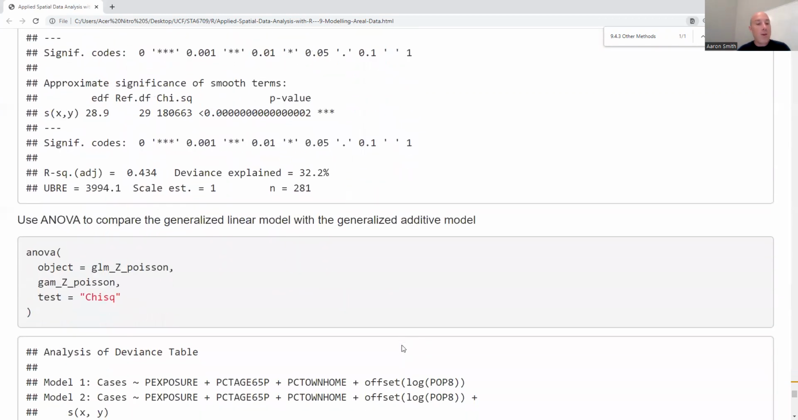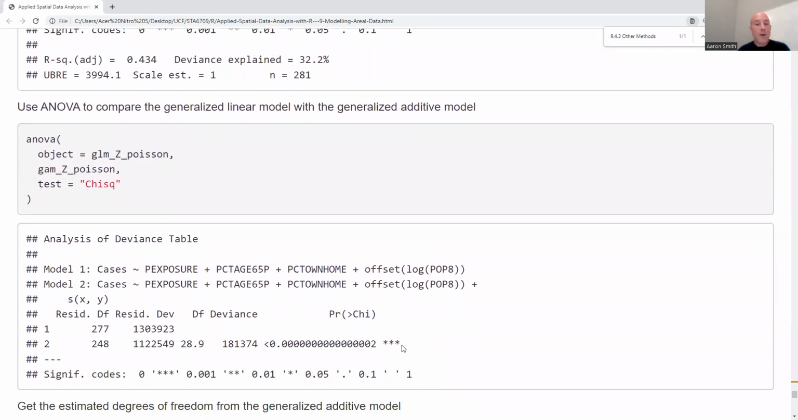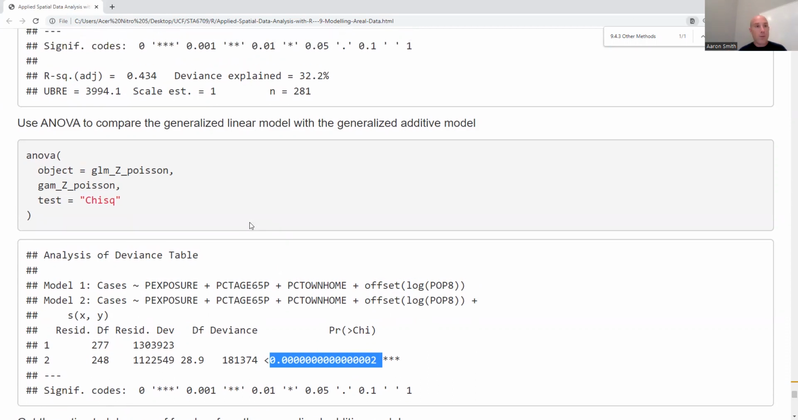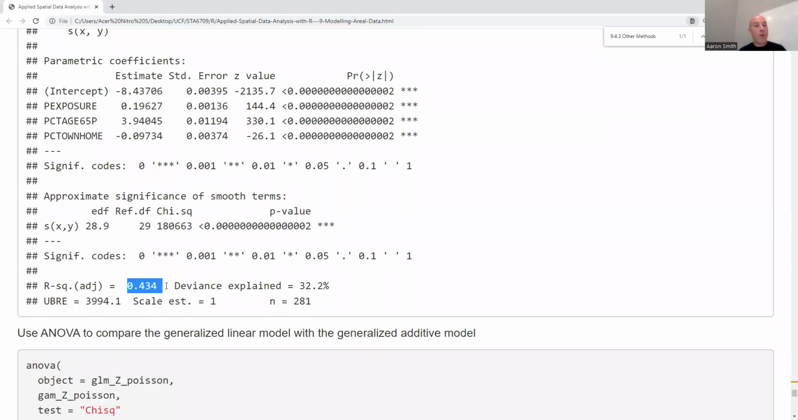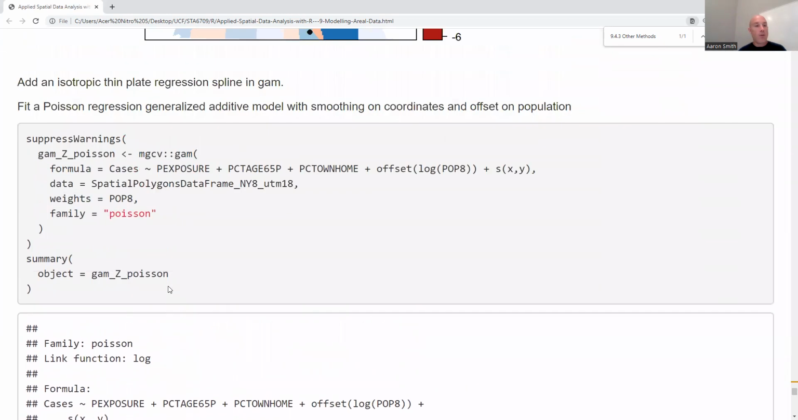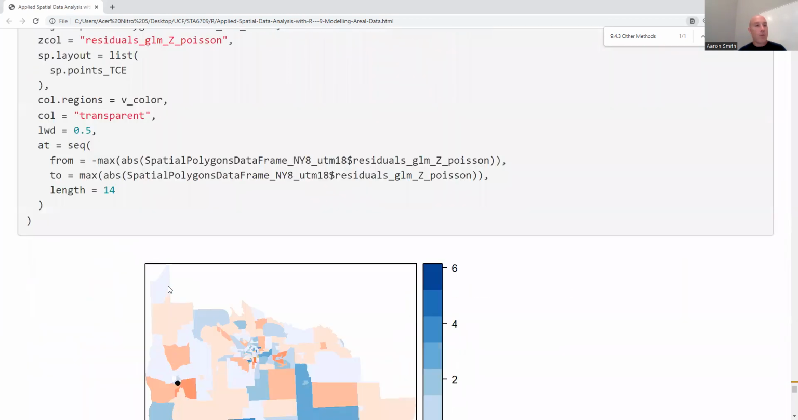Now let's use Anova to compare the two models. Let's see if these two models are equal to each other from a statistics point of view. Here we have a small p-value, so I conclude that they are statistically different. Therefore, I want to go with the one that performs better. So we have 0.43 for adjusted R squared, and